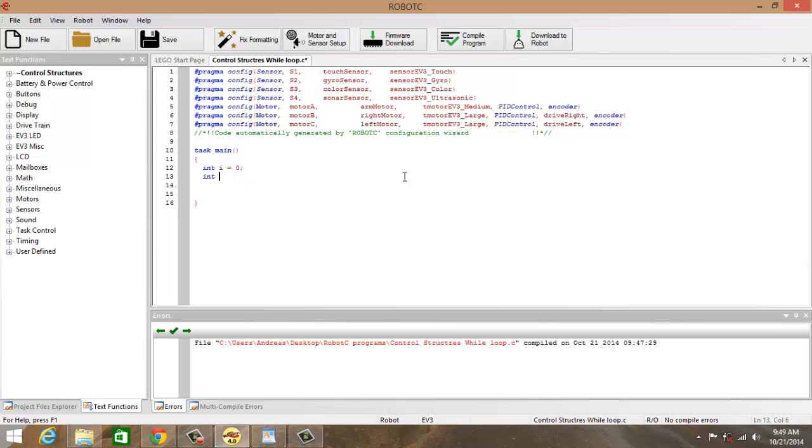Then I will declare another variable to store our value, and initialize it to 0, and we'll use the while loop. Now, in the parentheses of the while loop, we give it the condition for repetition. So we will say while I is smaller than 10, keep repeating. So we will add 1 to a number,